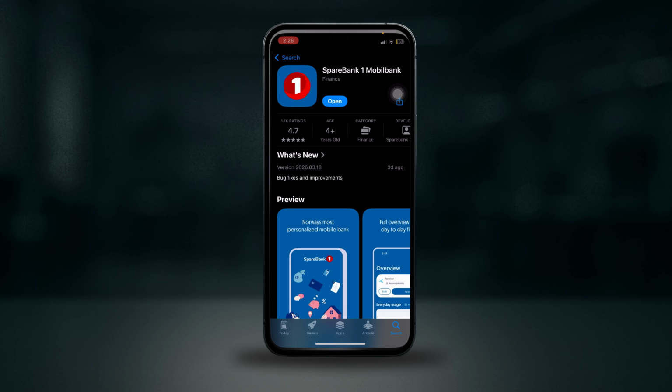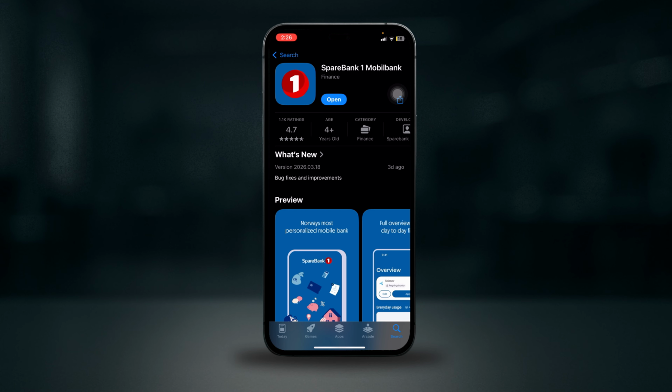Also, head over to your App Store or your Play Store, search for the SpareBank 1 mobile banking app, and then make sure that the app is updated to the latest version from the App Store, as outdated versions may